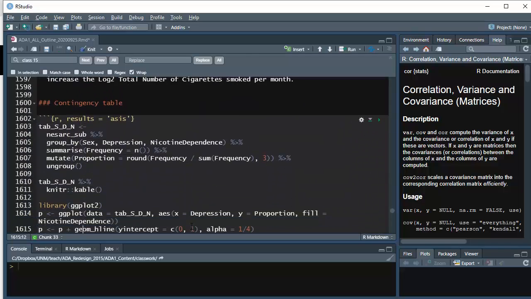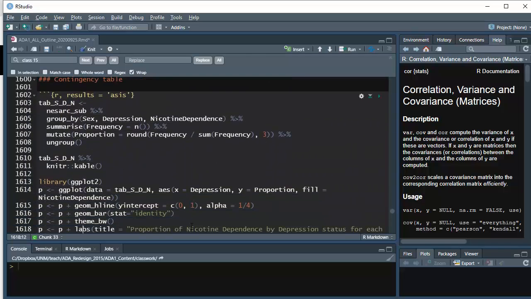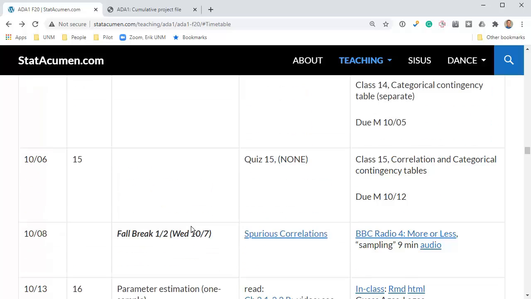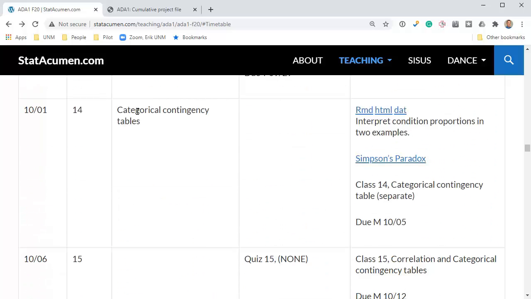And I did a little sneaky thing. I went away and I put this code in here. But I'm going to walk you through what this code is and where to get it so that you can do this yourself. So in a previous assignment on the website, we looked at the contingency tables, Class 14. And if we look in the RMD file, the R Markdown file,